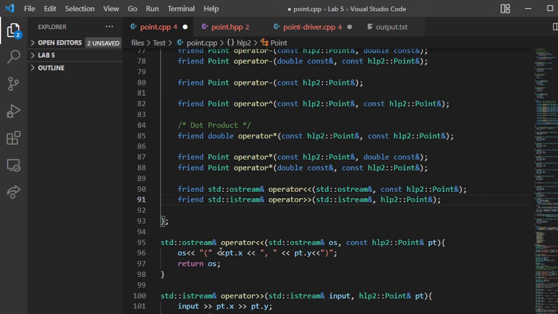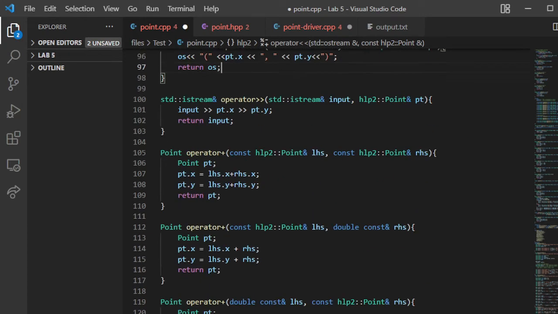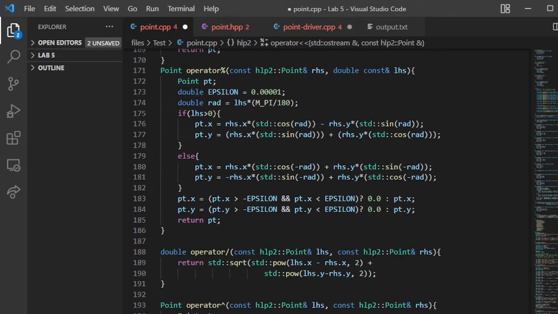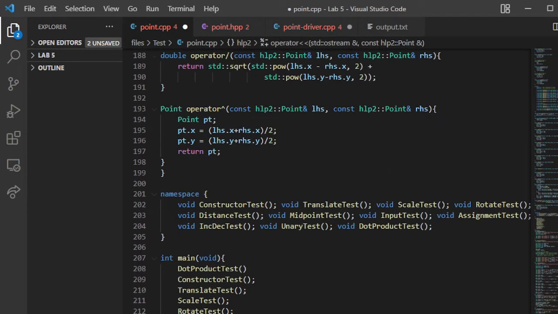Very simple. Just like this. You're returning the output stream, right? So std ostream, then you declare everything else, and it's just os blah blah blah, return os. That's it, very easy. Let me try to run it so I can prove it